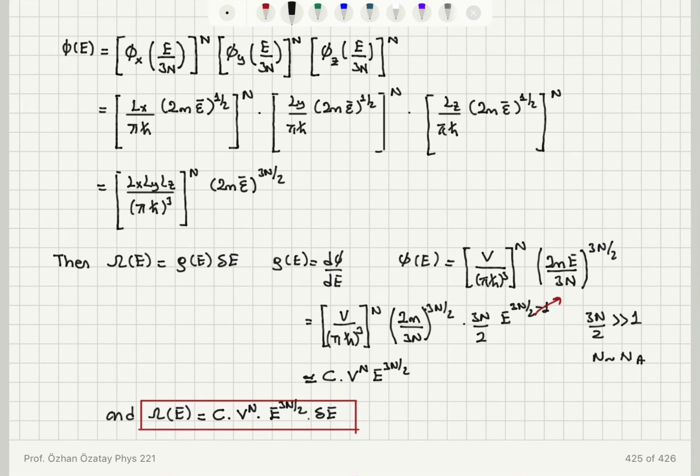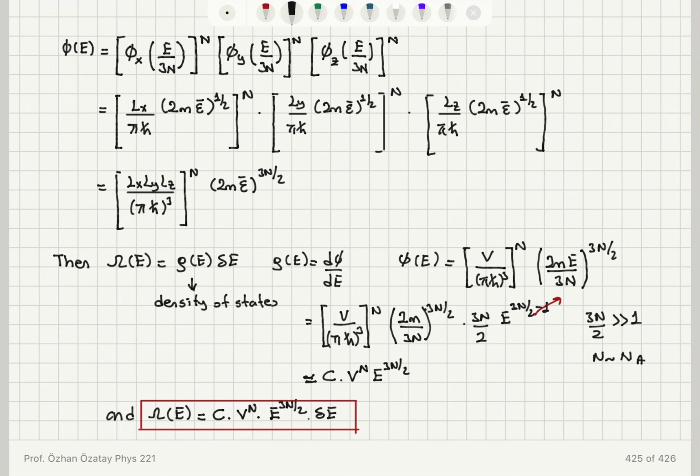But we have capital N particles, so we have to evaluate these states at epsilon bar and take it to the power capital N for capital N particles, and multiply for x, y, and z. So we obtain the number of accessible states as the volume V divided by pi h bar cubed to the power capital N, 2m epsilon bar to the power 3N over 2. When we take the derivative of phi with respect to E, we obtain rho of E, the density of states, as